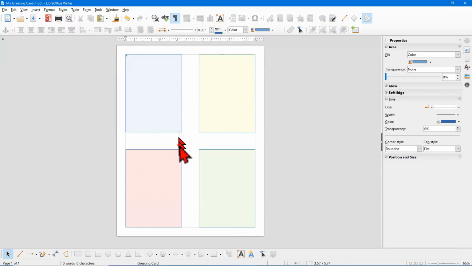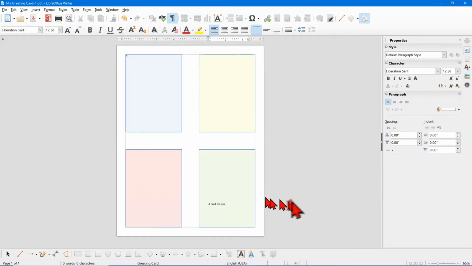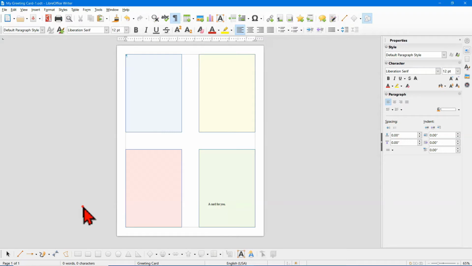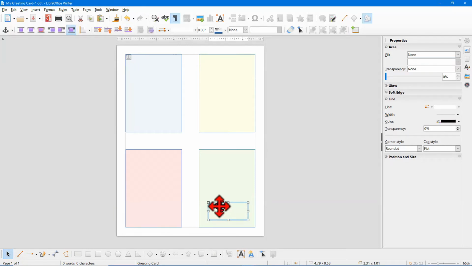Next I'm going to add some text which will appear on the front page of the card, which is in the lower right here. So let me select a text box, drag out a text box, and type in some text. And I'm going to click away just to demonstrate the use of text boxes. If I go over here to the left side of the drawing toolbar, you'll notice that I have a select tool. And with that in play, I can click on the text box, and when I do, the text box will be selected. When the text box is selected, I have these grabbers at the corners and the midpoints that I can use to resize it, and also with a double arrow I can drag the box to a new location. With the text box selected, if I double click in the text box,